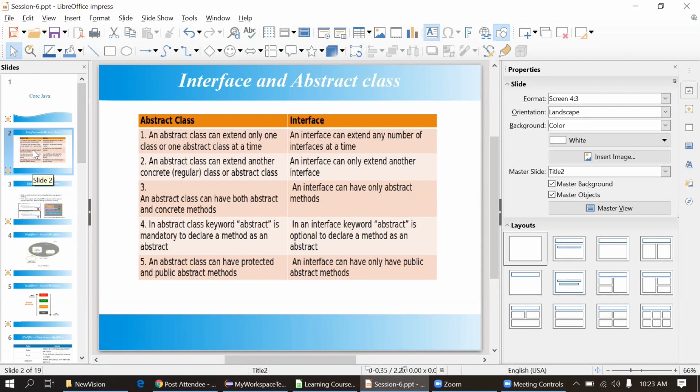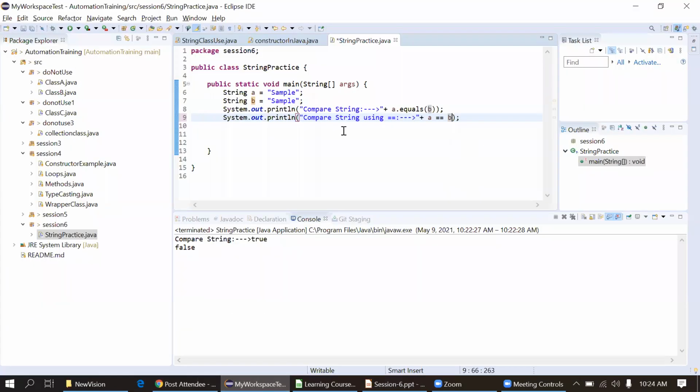And if a class has at least one abstract method, that's an abstract class. I will show the example for this abstract class, and I will explain the benefits of the abstract class.